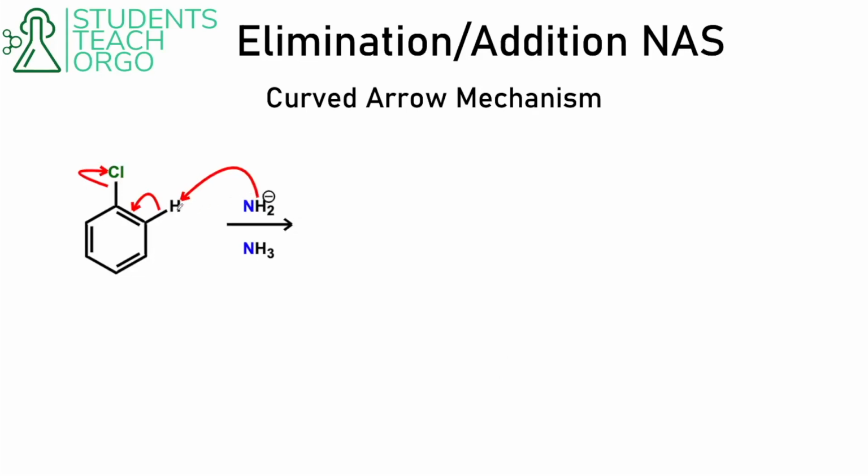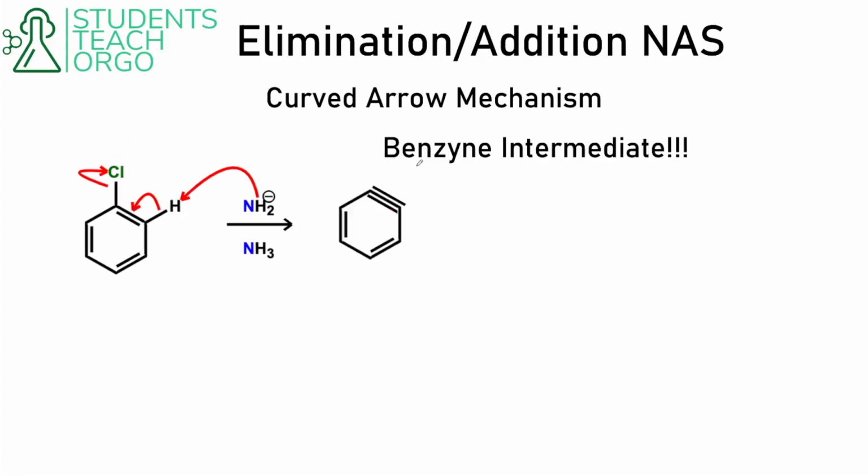The N- is actually going to pull a hydrogen from the benzene ring. We're going to move the electrons between that carbon-hydrogen bond to form a triple bond in the benzene ring, and then that leaving group will leave. Now this creates a really weird looking intermediate called benzyne, where benzyne has this alkyne in the middle of this